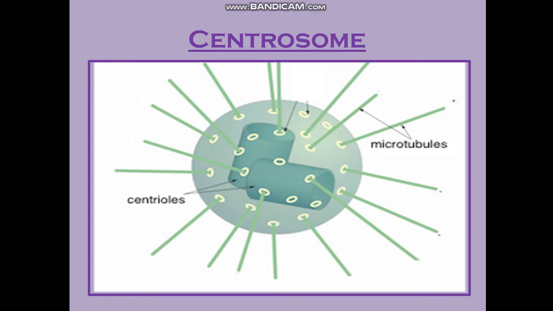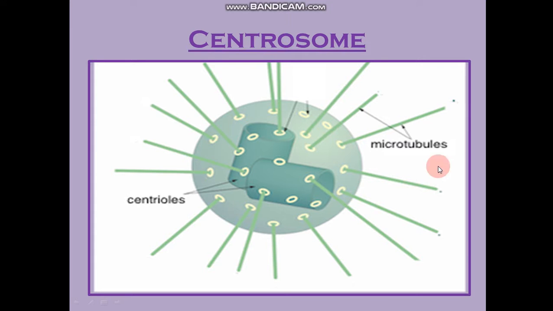And what is the function? If you remember, centrosome initiates cell division. See the structure. Centrosome is a round structure which is made up of two centrioles which are kept perpendicular to each other. A few of you were there in my class in 10th, where I told you, using two dusters perpendicular one upon the other, this is how two centrioles are arranged inside the centrosome. These small ray-like structures which originate from the centrosome are called microtubules.